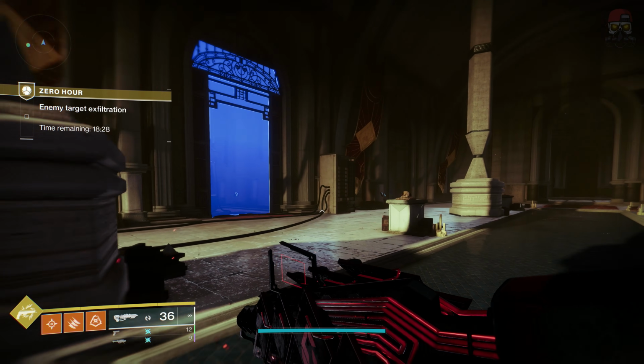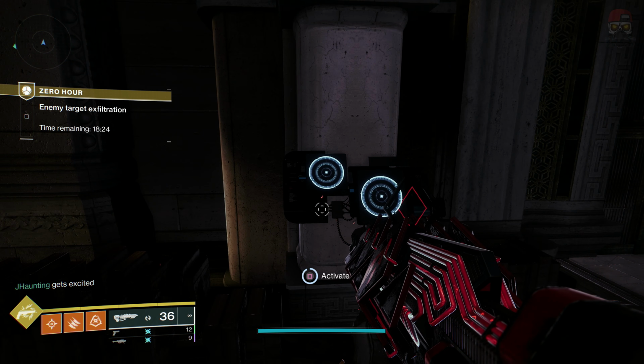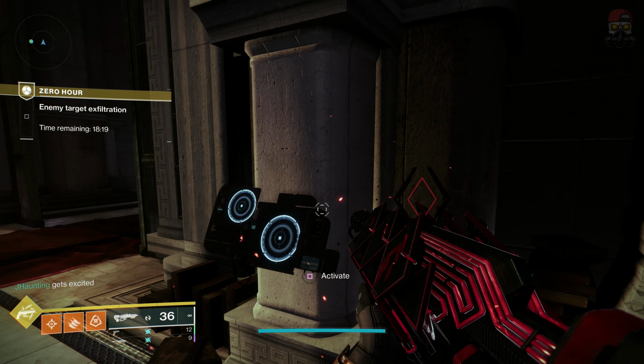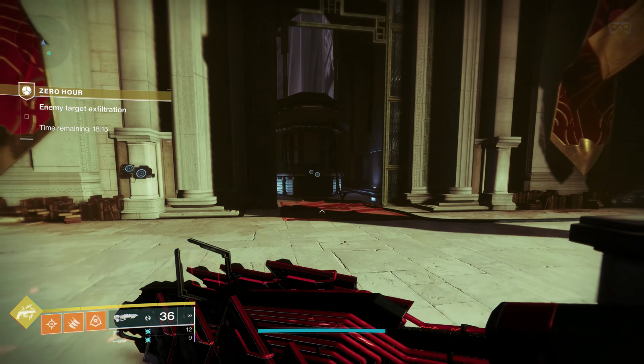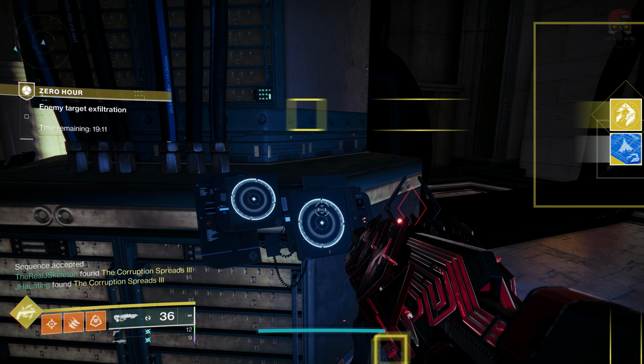If we head back to the kind of back right, well, I'm going left, but it's kind of the back right section of the map. We can activate this console here, and then the next one right here on this middle pillar is going to be the next one. And then there's one more. We're going to go back to that little kind of room over here, and we're going to go to the right side, and this one right here is going to be the final one, and that's going to activate